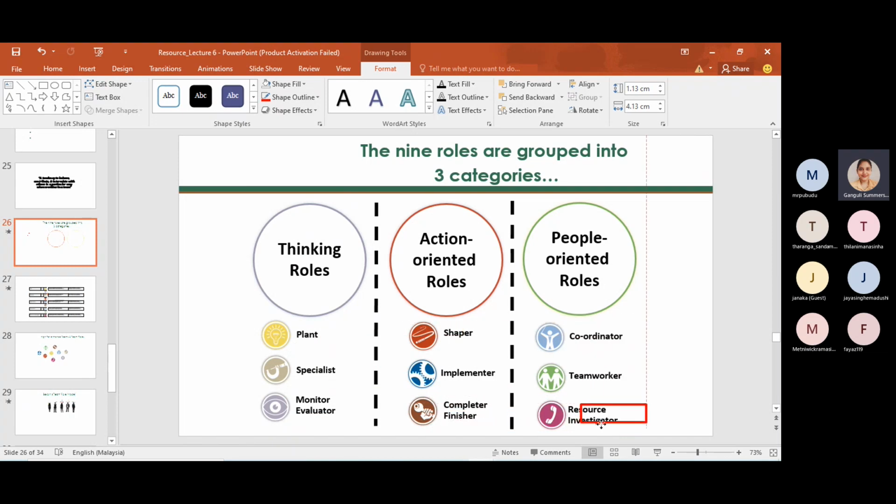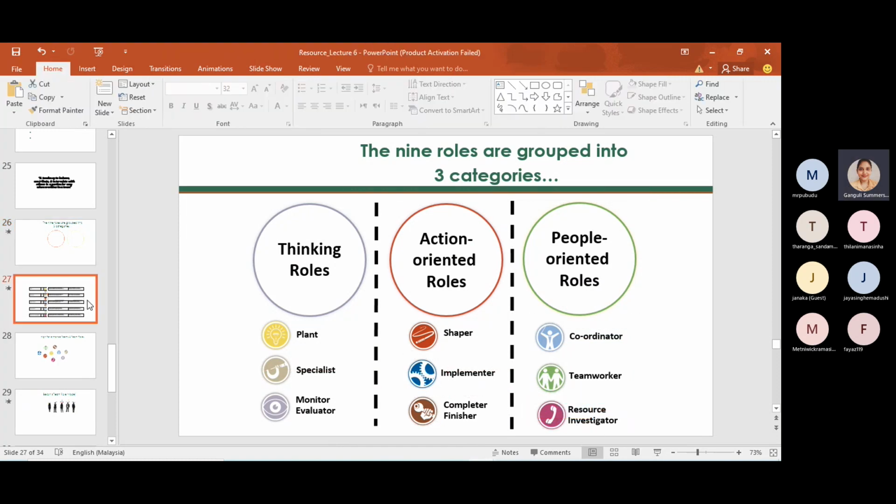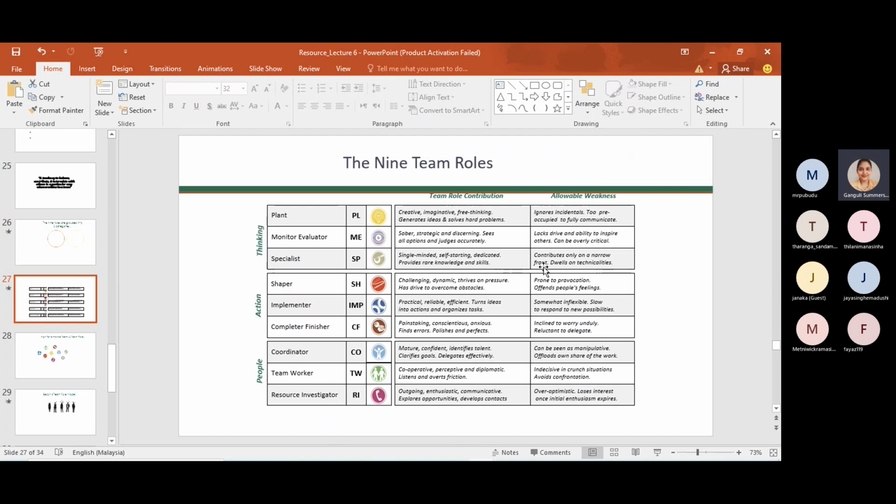Dr. Belbin also grouped these 9 roles into 3 categories: thinking roles, action-oriented roles, and people-oriented roles. Under thinking roles, you have plant, specialist, monitor evaluator. Under action-oriented roles, you have shaper, implementer, completer finisher. Under people-oriented roles, you have coordinator, team worker, resource investigator. Now let's see what are the